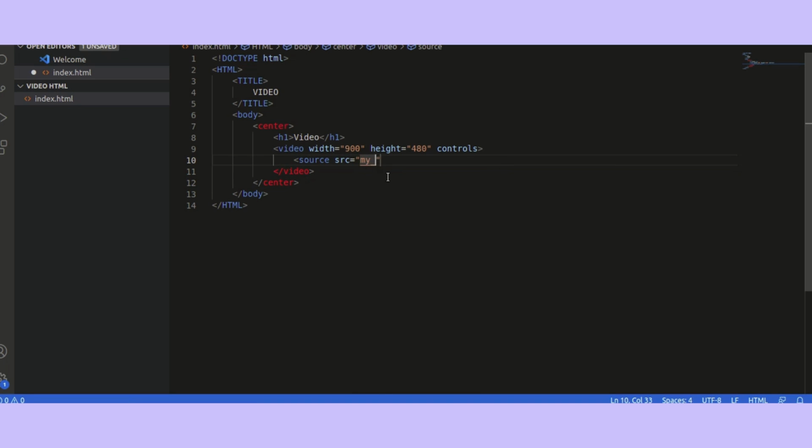You can type the video file name here. I'm going to type my video file name. The name is my video .mp4. This is my video file name. Then close it. Just enter and type